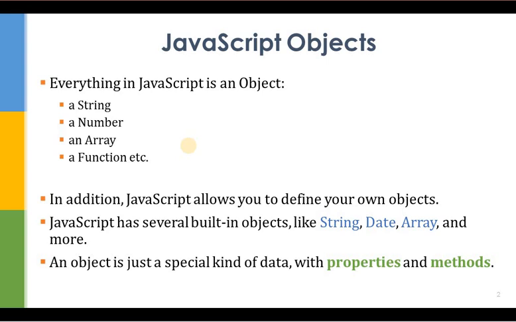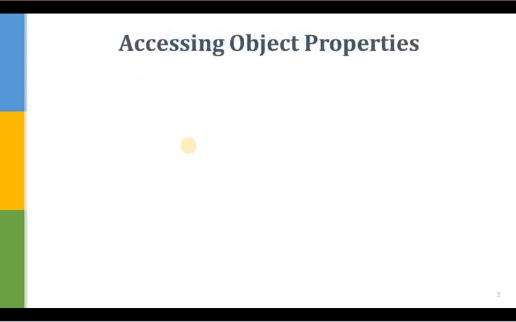But in JavaScript, we can also define objects as per our requirement. We can assign properties, and we can set methods to access this data, like properties. Now, how can we access object properties? Properties are the values associated with an object. Let's say, for example, a student can have name, ID, like that. These are the properties, name and ID.